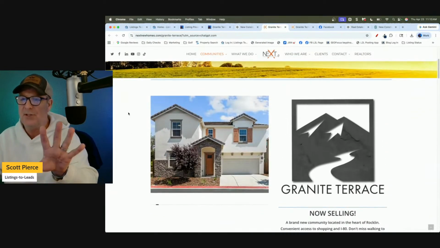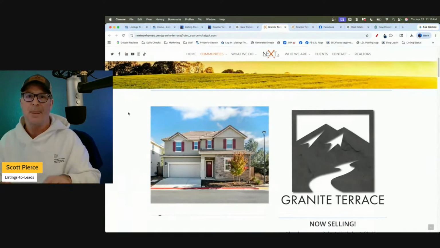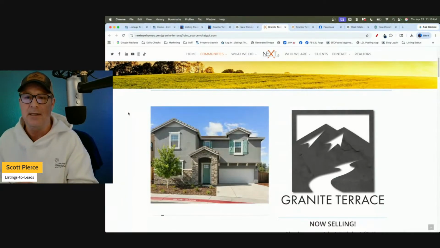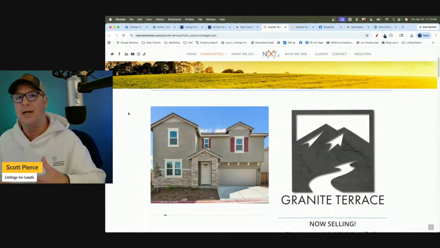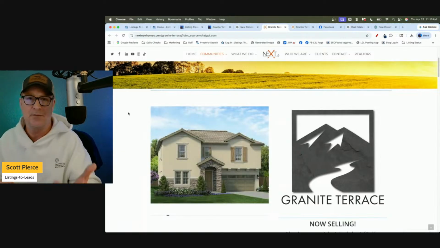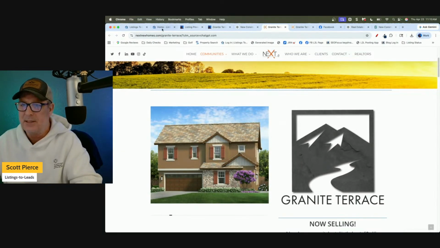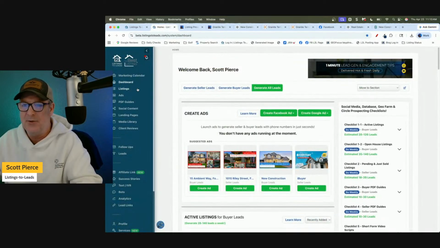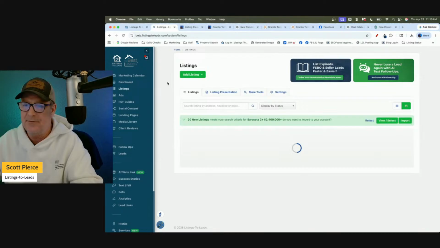So we're going to assume I called them up and got permission to market the property. Now, this could be just new construction in your MLS where you got permission to market. It could be new construction from another source, whatever. Okay. So we're going to add it to our account. If you can pull it in from Grab Listing, great. If it's not on the MLS,